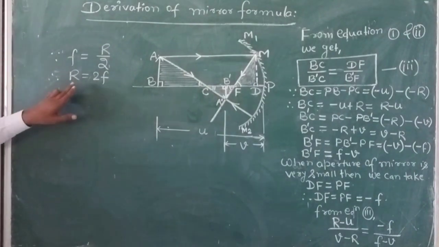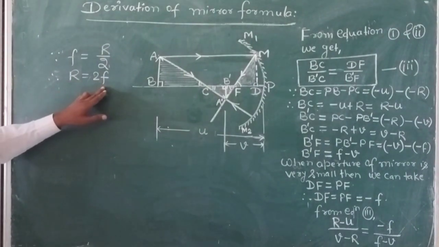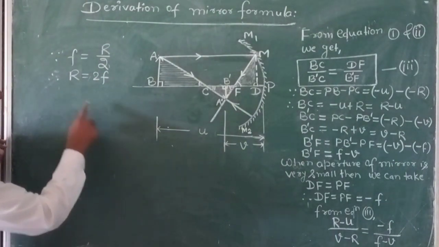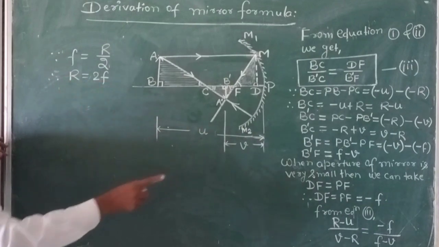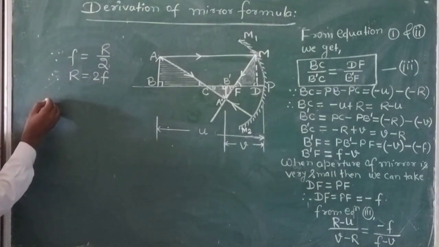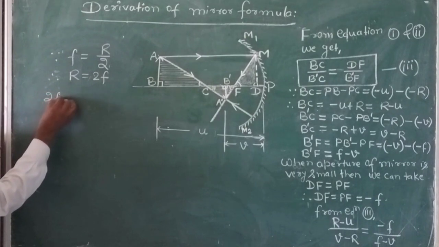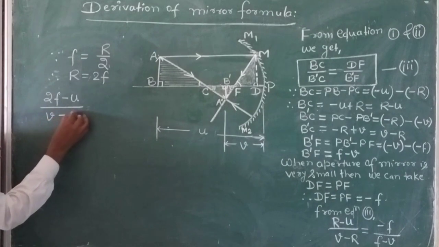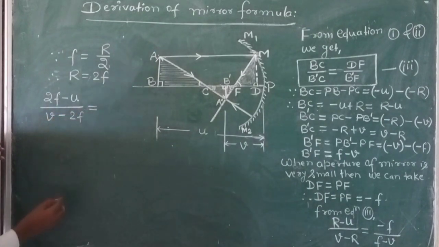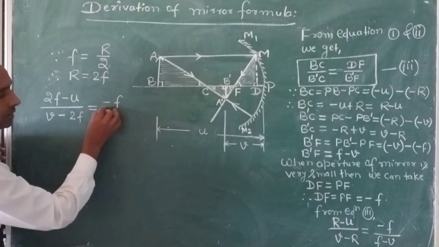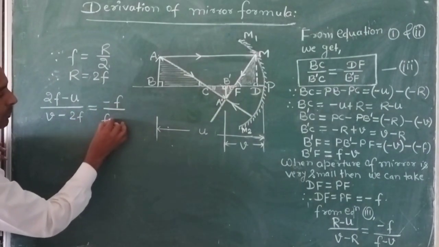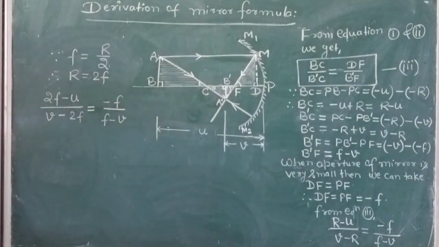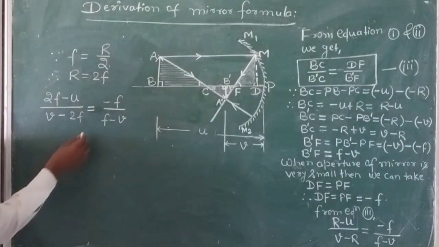That is, the radius of curvature equals double the focal length. So putting the value R equal to 2f in that relation, we get 2f minus u divided by v minus 2f equal to minus f divided by f minus v. Now by cross multiplication we get